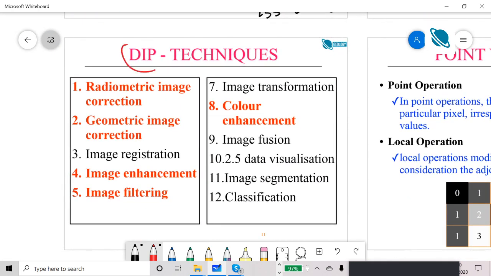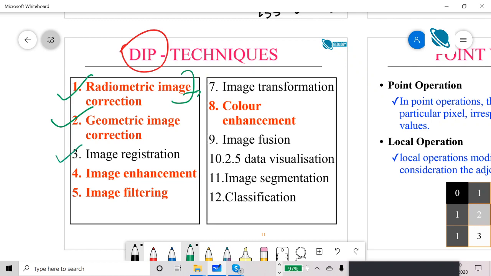Now in DIP, digital image processing, what are the main techniques that we use? First is radiometric correction, which is the topic of discussion for this lecture, then there are geometric corrections. Radiometric corrections we already discussed. They deal with electromagnetic radiation, variations in electromagnetic radiation, intensity variations, maybe some radiance effects, all those things. Geometric image corrections include, for example, if you acquire an image from an inclined angle, the perpendicular faces may not remain perpendicular, or there may be a perspective effect, or the aspect ratio may not be preserved. All those things come under geometric correction.